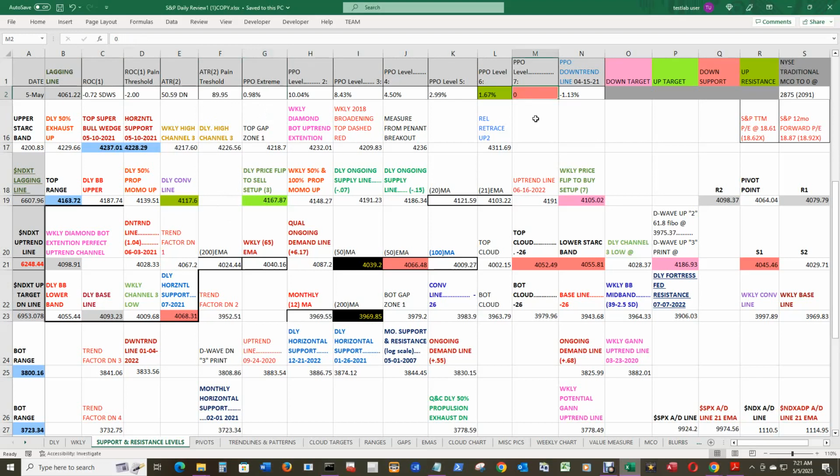So to the downside there is 0 PPO level 7, and to the upside is the PPO level 6 at 1.67%. And the New York traditional McClellan breadth oscillator to get back to zero would require 2,875 advancers over decliners to get back to zero. So that's getting way up there in almost every single instrument in the New York composite. It's about 3,500 in the composite, and it took a pretty good jump from yesterday's level at 2091. Have a great day.